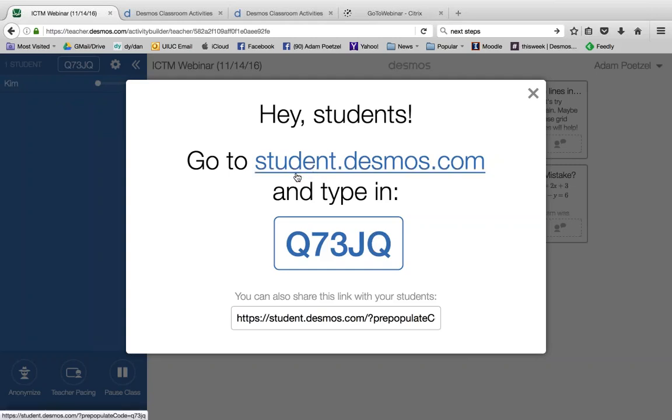Basically, I'm going to ask you to be a student in my class right now. And I'm going to ask you to not close down the GoToWebinar window. Whatever you do, don't close that out. But behind that or alongside, you can open a browser, and we're going to go to student.desmos.com, and we're going to type in this code,